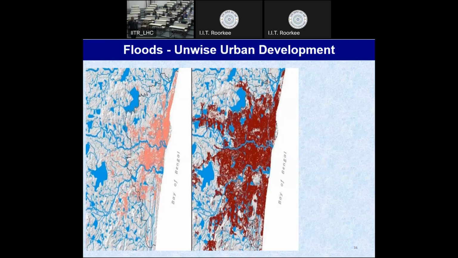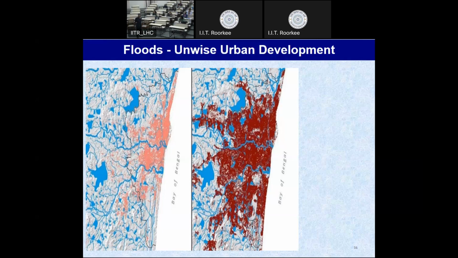These are two pictures from our Chennai city. Here, the red area shows the urban area, the green area, and the blue area shows roads, and the white color is for soil surface and open areas. This one is recent, around 2018, and this was the old figure, around 2000. So you can see that in this period of about 18 to 20 years, there has been terrific development in Chennai.